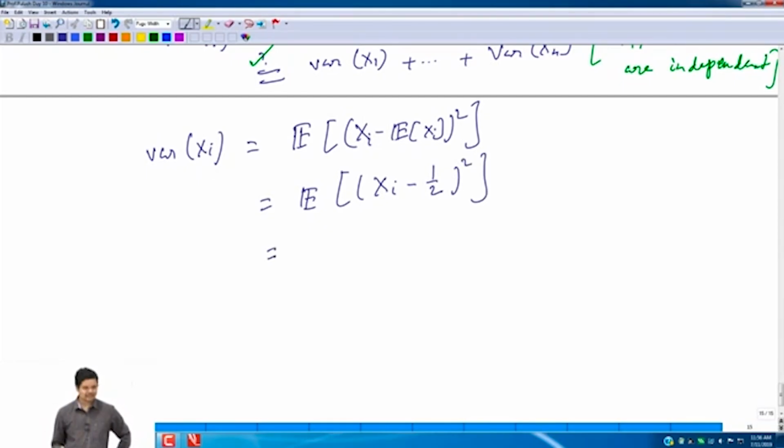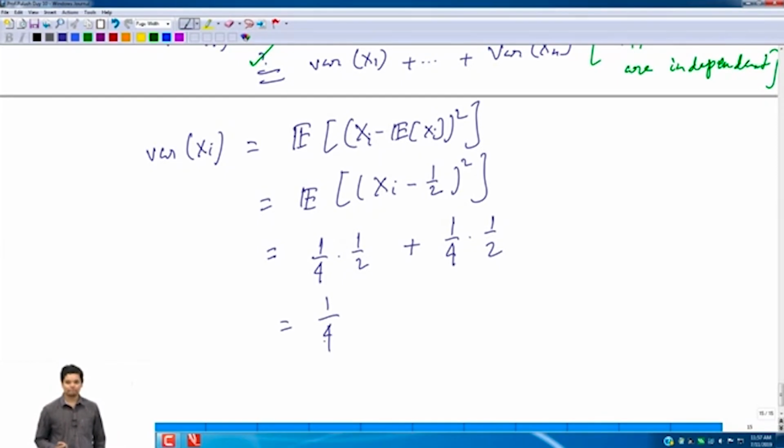And now xi takes value 0 and 1. If it takes value 0, then this quantity is 1/4, and this happens with probability half, plus it also takes value 1, and if I put xi equal to 1, then also it is 1/4, and the probability is also half. This is 1/4. Okay. So variance of xi is 1/4, and now